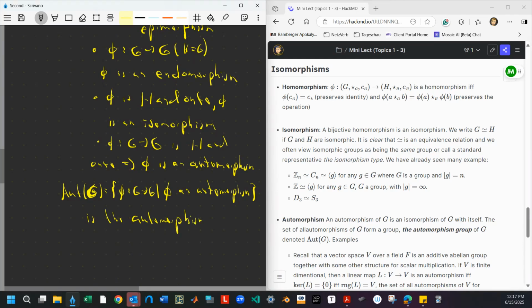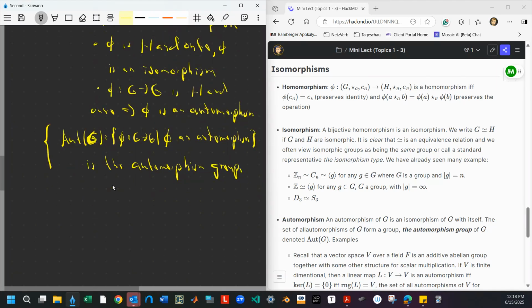So this is an important one. We'll look at it a lot later on, especially toward the end of the class when we're doing more with rings. Good. Okay. So like I said before, just for some context, Zn is isomorphic to Cn, is isomorphic to R,